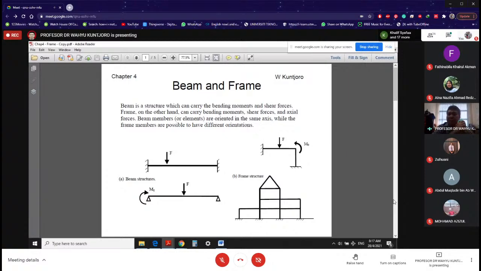Beam can be regarded as a subset of frame. That's a good way to say it. Indeed it is a subset of frame. So this is a frame, and beam is a special case of frame. So if you look at the beam here on the left,